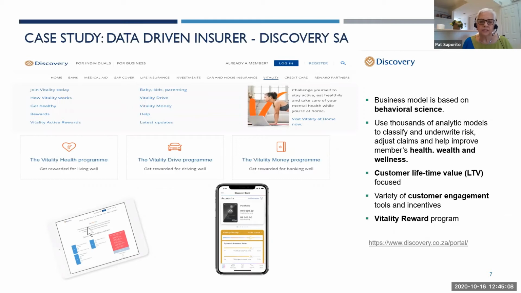So let's bring it more specifically to insurance. When we talk about data-driven, one of the companies I love to talk about, and I had the privilege to go visit, is Discovery South Africa. They're based in Johannesburg, and they're a fascinating company. I visited them must be 3.5 years ago or so. I remember going in to talk to the gentleman who was in charge of business intelligence there. In fact, he was a former SAP person, and talking to him about what they were doing with algorithms and with their models at the time.